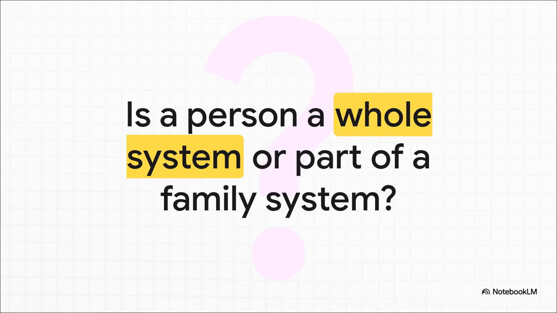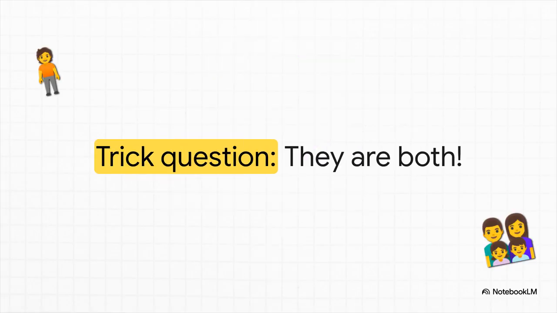I mean, are you the self-contained leaf, complete and independent, or are you simply a part of the larger tree, defined by your connections to those around you? Well, the crucial point here is, it's a trick question. Actually, they are both. Just like the leaf in the forest ecosystem, you and I operate as independent, self-contained units, while at the exact same time, we're integrated parts making up larger family systems, community systems, and societal networks.